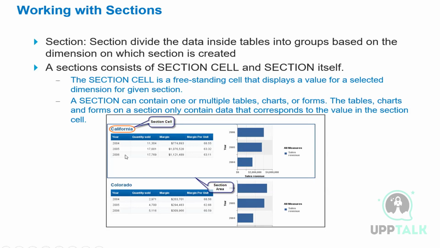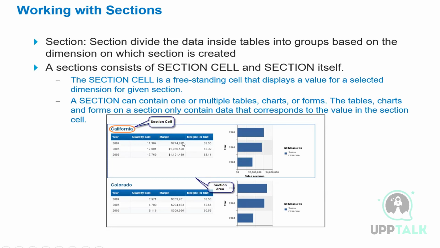So if we have a table having state, year, quantity sold, margin per unit, and we want to see the data per state, instead of having state as one column in the table, we can apply a section on that particular column, in this case state, so that the data is displayed per state. If you see, the section header will be here, California. For that California, this is the data for this year, this is the quantity sold, this is the margin